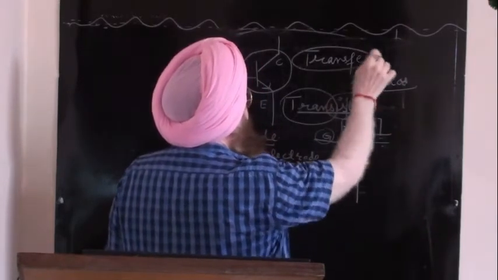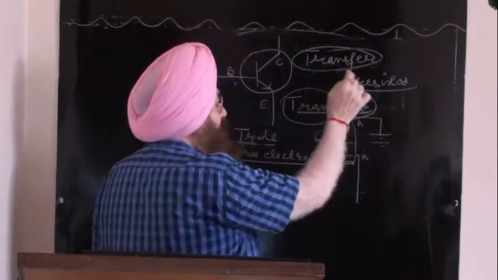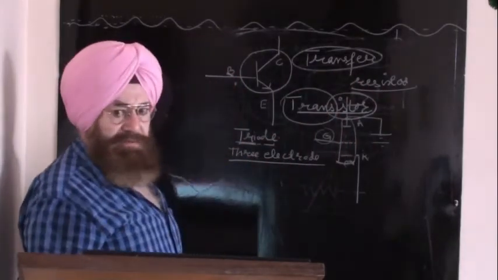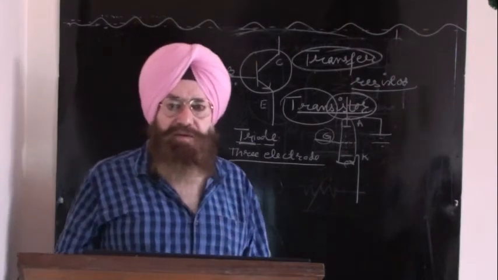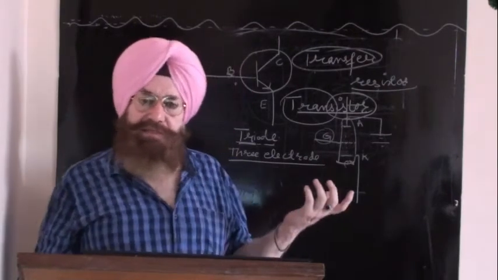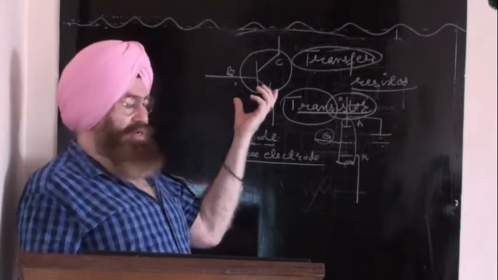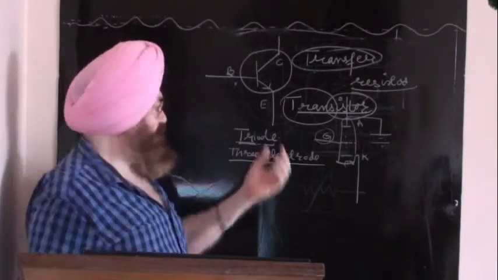So basically, it is a transformation or transfer resistance. So how is it so? In simple language, I can say basically a transistor is a resistor